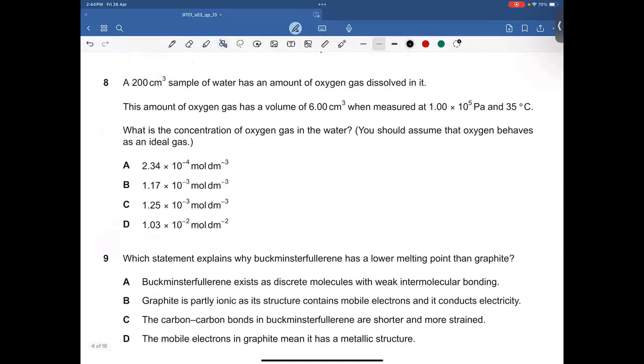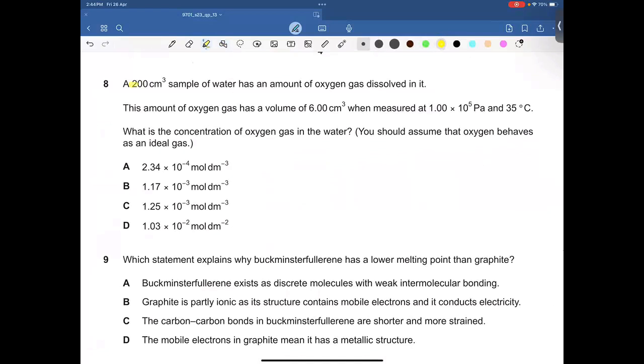Question number 8. A 200 cm cube sample of water, that is the volume of the sample. The amount of oxygen has a volume of 6 cm cube when measured at this pressure and temperature. What is the concentration of oxygen gas in the water? Oxygen gas behaves as an ideal gas. Okay. So first of all,